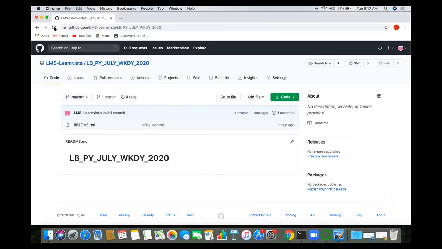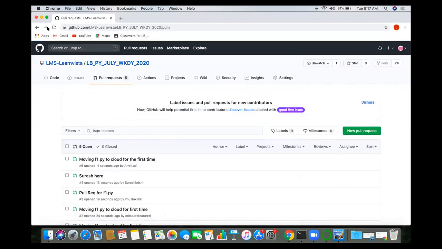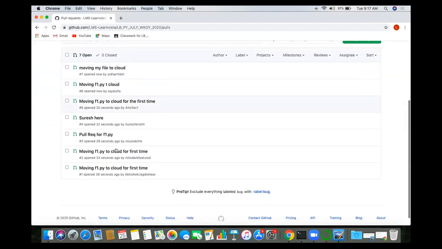This is my LearnBay account. So I have sent one pull request. And if any one of you has sent the pull request, then it will show me the count here. You can see in this time interval, 5 people have sent me the pull request. I can keep on refreshing it, and as you send it, it will show to me. Okay, now 7. Every second, one person is doing it, right?